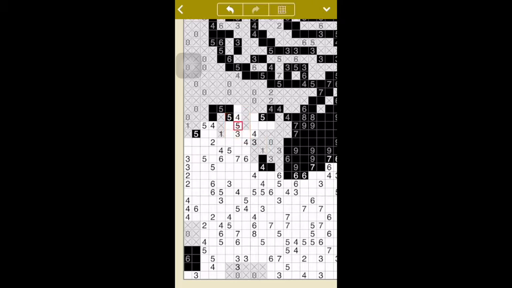5 and 3, difference of 2, so I need to have 2 black spaces on the top, right? I found 3 here as well. 1, because of the 1, I could only have 1 black space in here, in this area. Looking at the 4 here, right? I need to find 3 more black spaces, and I have 4 empty spaces. But among the 4, in this